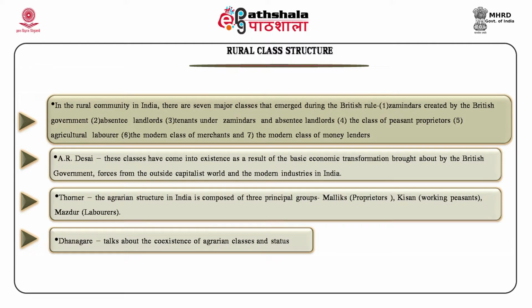Here Desai, in his book The Social Background of Indian Nationalism, has a detailed discussion on the nature and growth of these classes. According to him, these are the classes that have come into existence as a result of basic economic transformation brought about by various acts of the British government, the penetration of Indian society by commercial and other forces from the outside capitalist world, and the establishment of modern industries in India. The introduction of private property in land in the form of zamindari and raitwari systems by the British government brought into being new classes